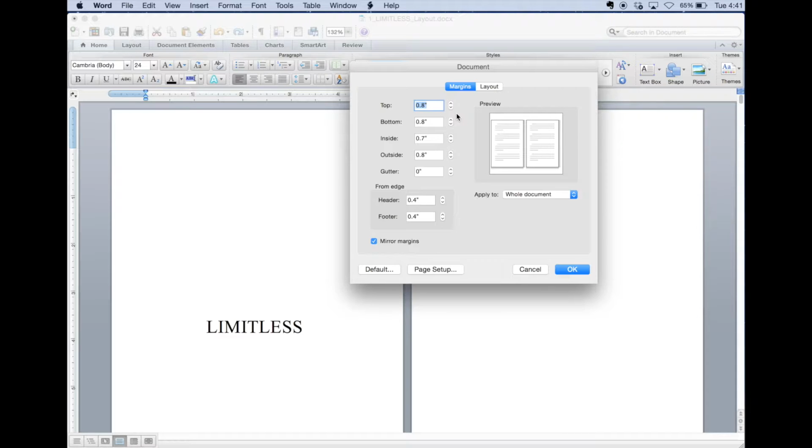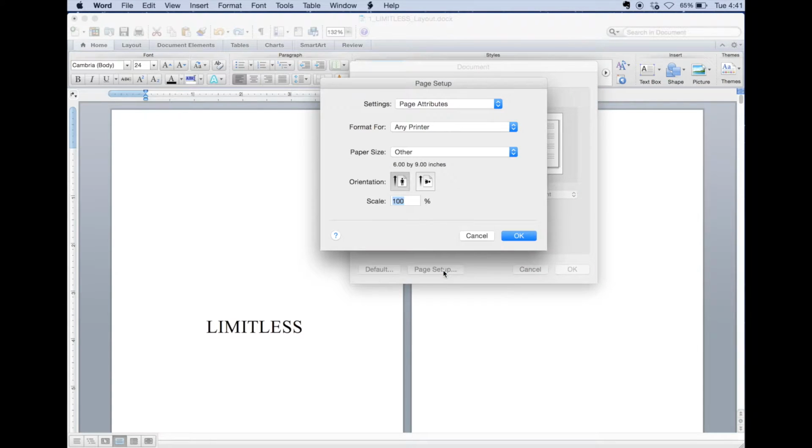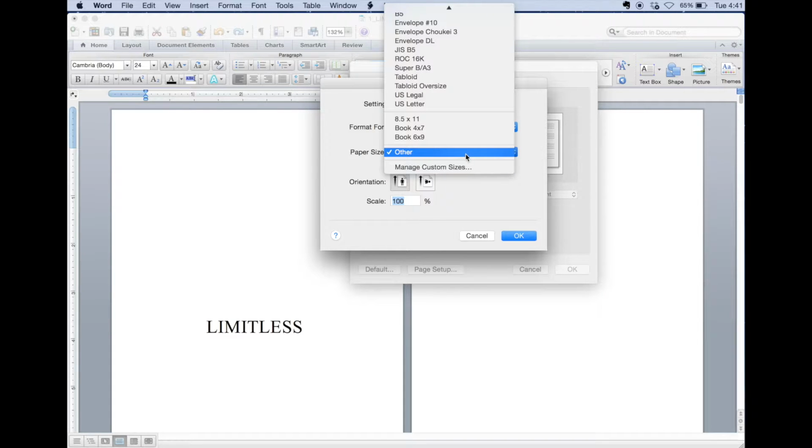If it isn't, you need to check with your publisher and how many pages your book is to set up the margins so that it aligns properly. But then we're going to go down to make sure that this says apply to whole document here. If it doesn't, you want to click that. Mirror your margins, you want all that stuff to be set, and then you're going to go down to Page Setup. Okay. From the Page Setup, we're going to go to Paper Size,